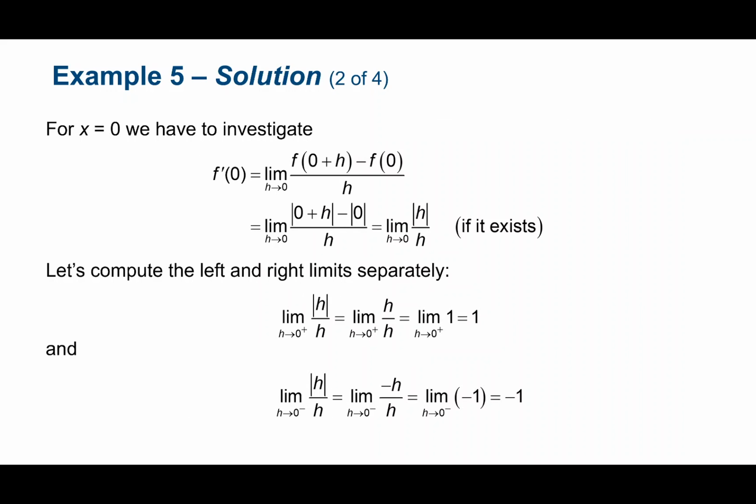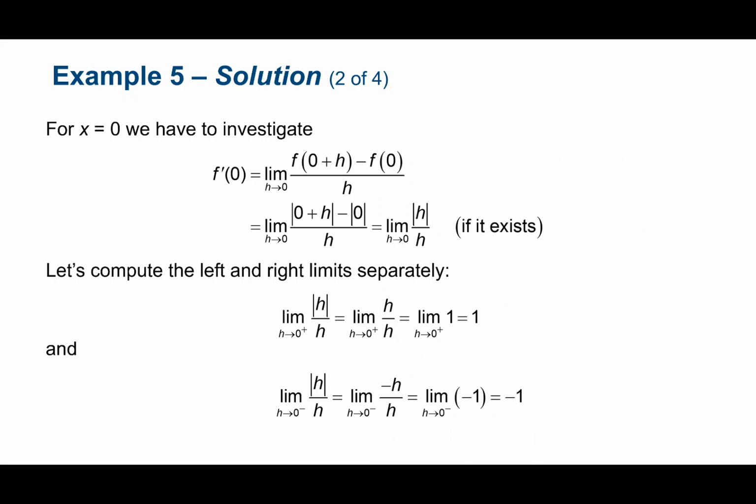What happens at 0? So if we try to plug into our limit definition of the derivative for 0, then this is like the f of a plus h minus f of a thing we did last time, right? But here our a is 0. So then if we simplify that down, we'll get the absolute value of h minus 0, which is just the absolute value of h. And then we've got h on the bottom. And with the absolute value of h over h, you can't just straight up cancel that, because the absolute value of h is not always the same thing as h. It depends on which side of 0 you're on.